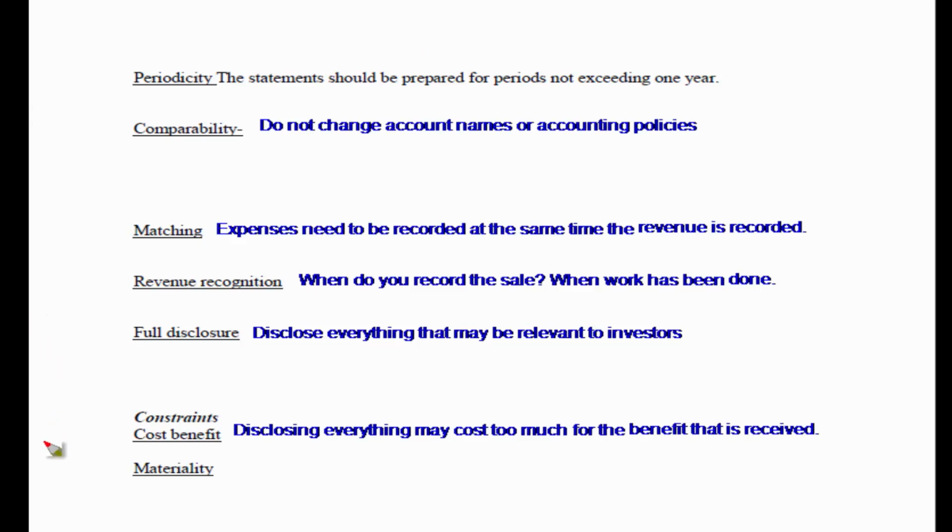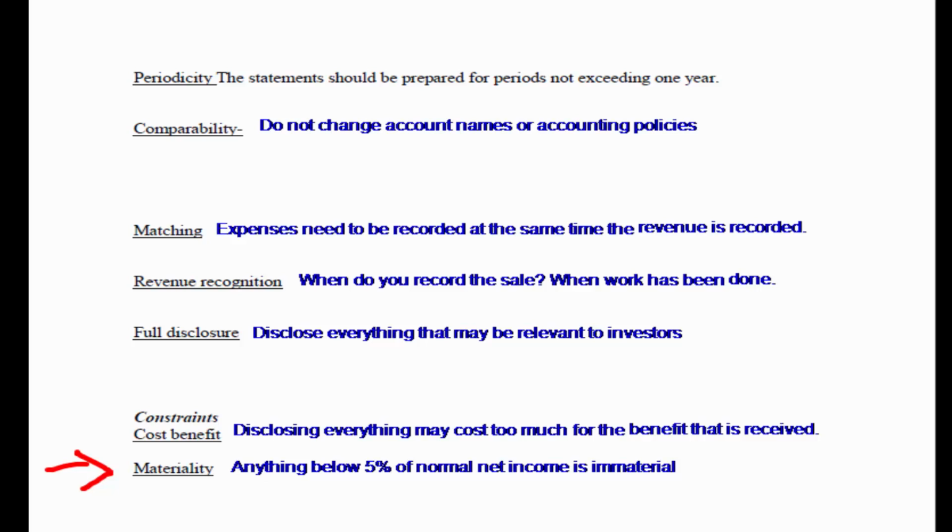Preparing our financial statements takes a lot of time and a lot of money to do. What happens is there comes a point where you have to say to yourself, we can't find anything else without it costing us too much money. To help us with trying to decide what's worth pursuing further is the materiality principle. Materiality means that anything that is below 5% of normal net income or normal profit is considered immaterial.